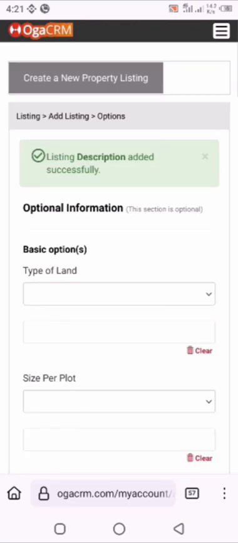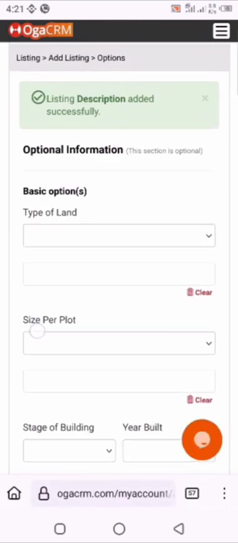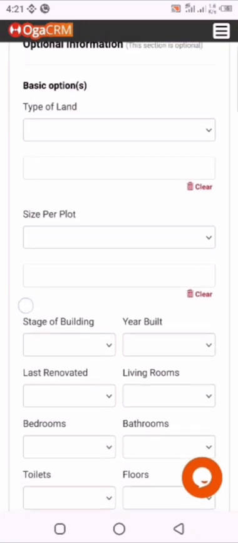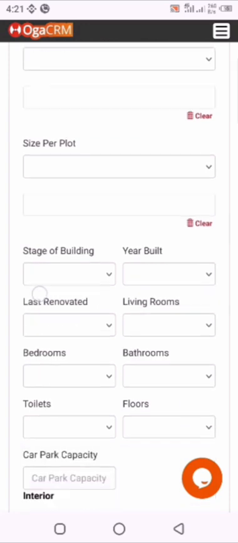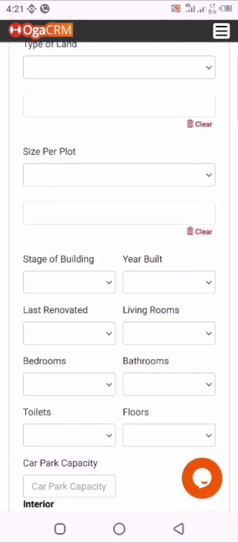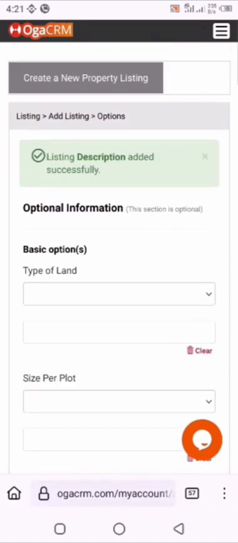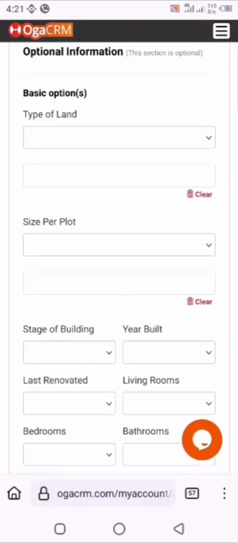So there are a few steps. Here we're going to add more details about this property. But since ours is just a serviced apartment, I don't need many of them. Every field in this section is optional, but you can go through it, and if you find anything you want to add,